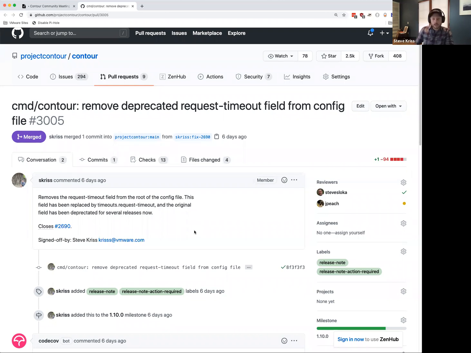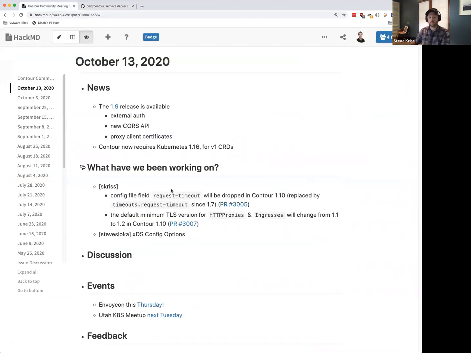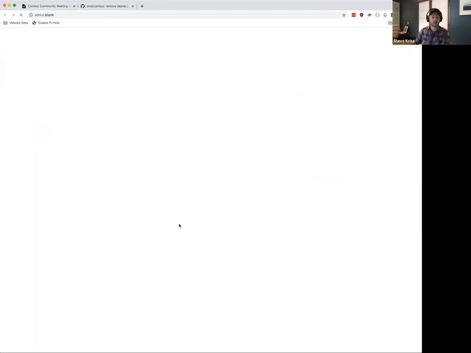So that was the first one. And then the second thing is that we're working through deprecating TLS 1.1 in Contour. With Contour 1.10, the default minimum TLS version for proxies and ingresses will change from 1.1 to 1.2.